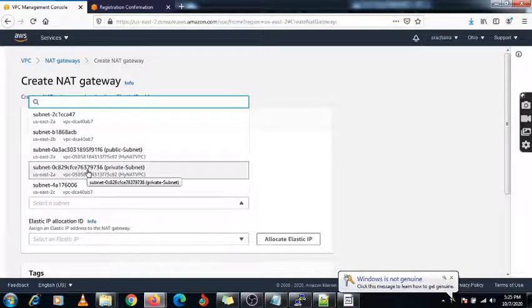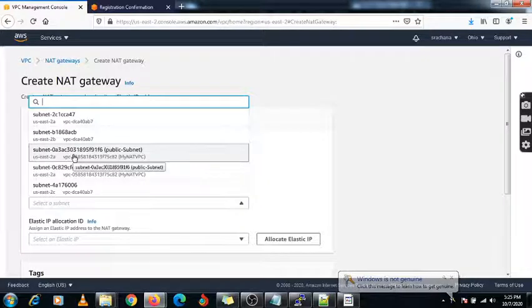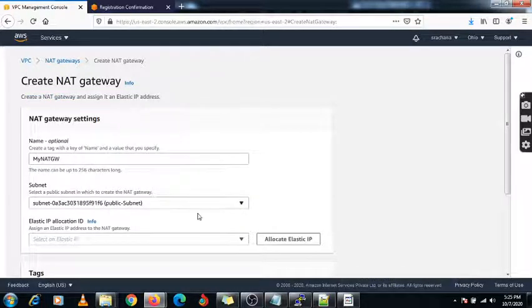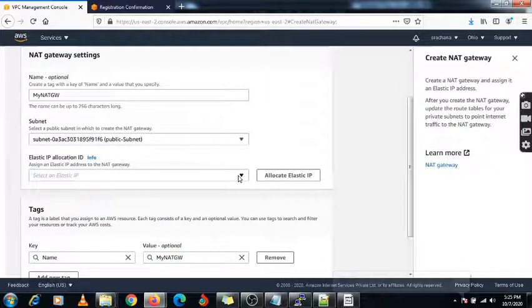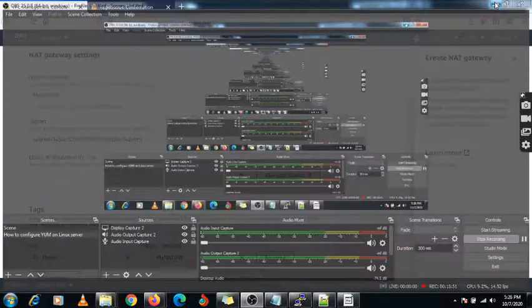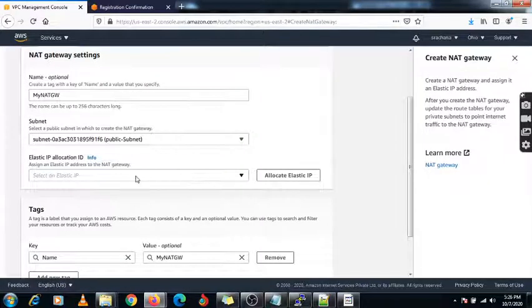Where you need to connect, in the public subnet you need to connect, right? Here is the public subnet. Now I have selected my public subnet, and you need to allocate this elastic IP.